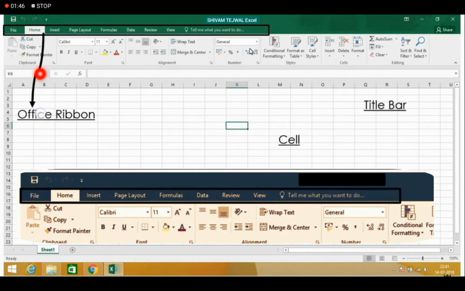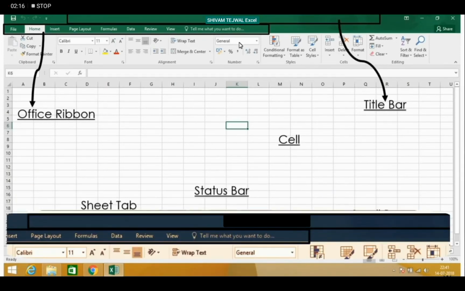As you can see, in home tab there are clipboard group, font group, alignment group, number group, styles group, cells group, and editing groups. In these groups you can see different functions. So you can use them according to your requirement. So that is all about Office ribbon.